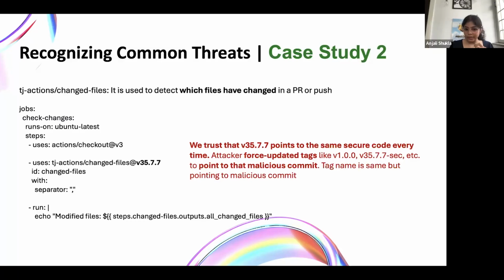But that's where they tricked it. They changed this. Let's say the version is pointing to an XYZ file. They changed that pointed file, and there they added the malicious code to extract the credentials from the environment. So let's say this version is pointing to XYZ and I have changed it to a v1, with whichever tag looks legitimate. Basically, I've changed the pointing method of that one. So now, whenever I will run it,